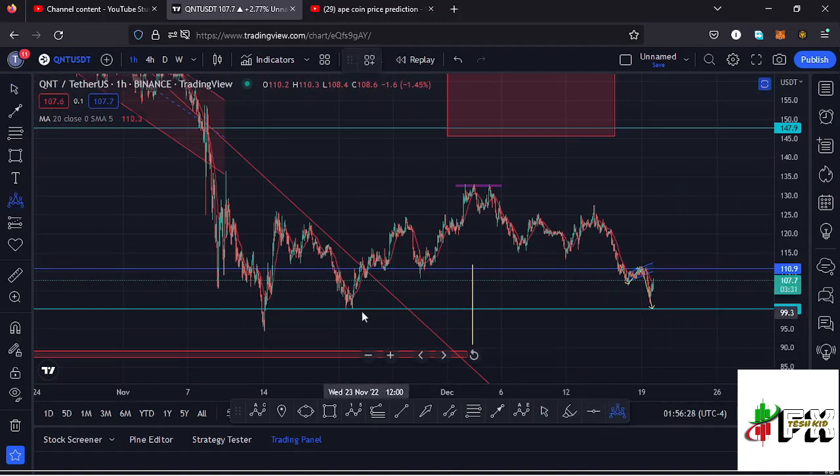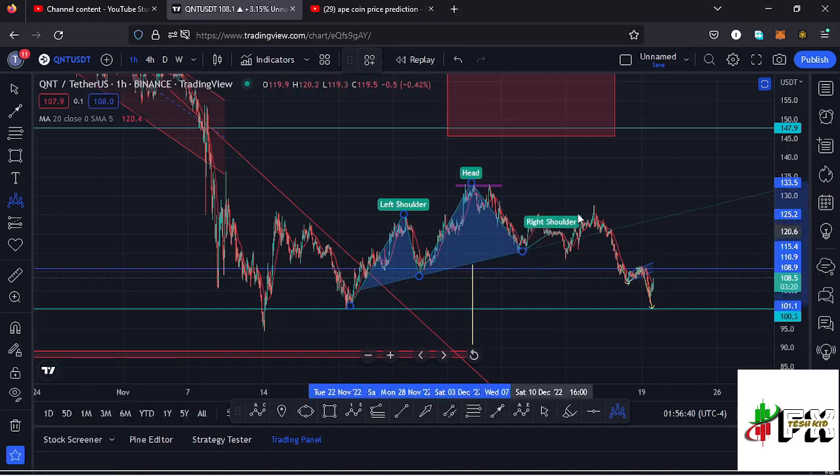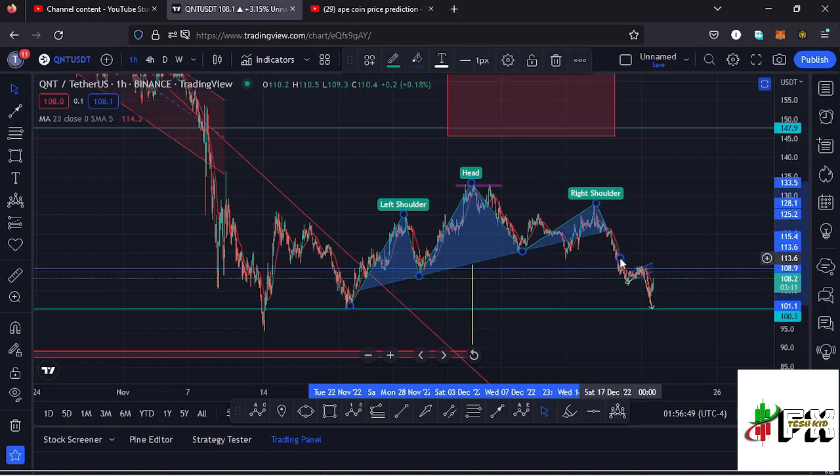that is giving me a breakout to the lower side, which is a head and shoulders pattern, and I can draw it out having this as the left shoulder of that head and shoulders pattern. We have also seen the formation of the neckline, and also the right shoulder is right here, and we have also completed the formation of the right shoulder, and very soon I'm expecting a breakout